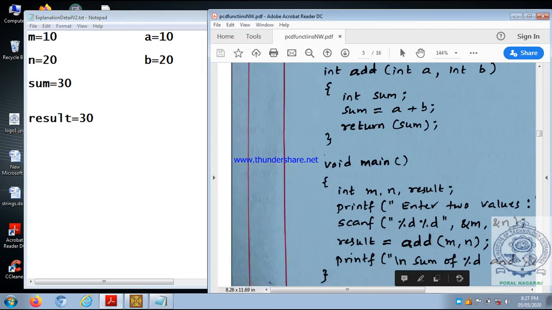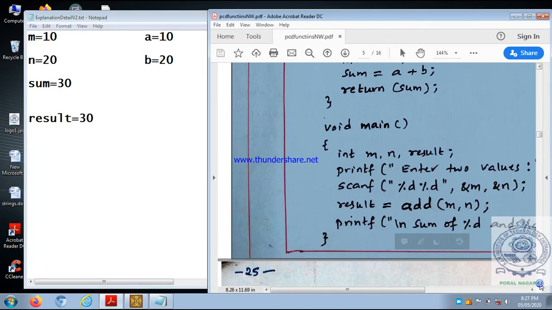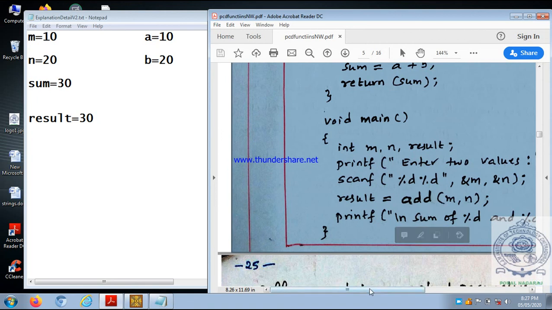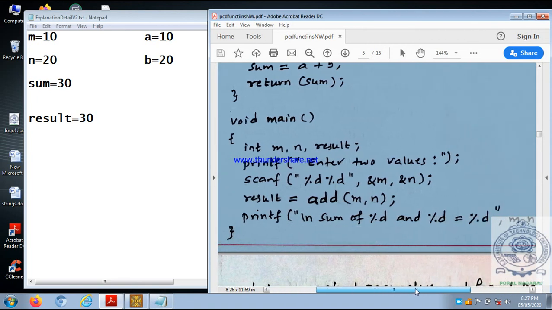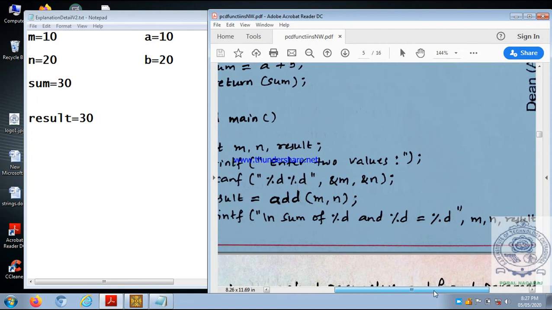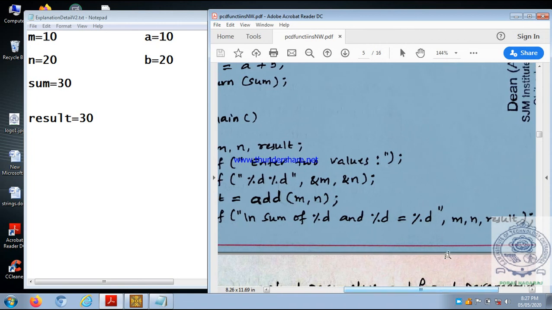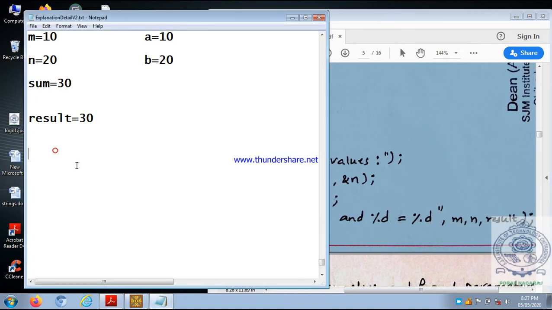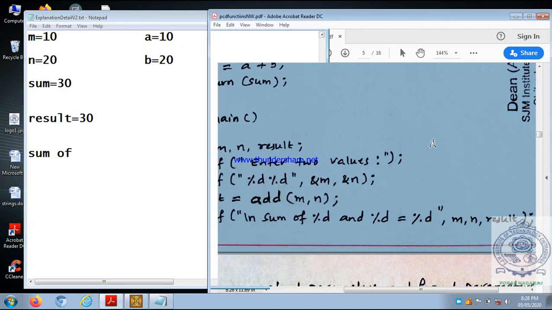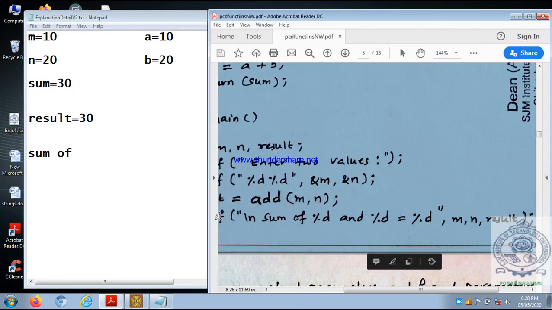Okay. Now see what happens next. printf("Sum of %d and %d is equal to %d"). Sum of %d, the first %d is m. So it will display the text "Sum of" as it is.